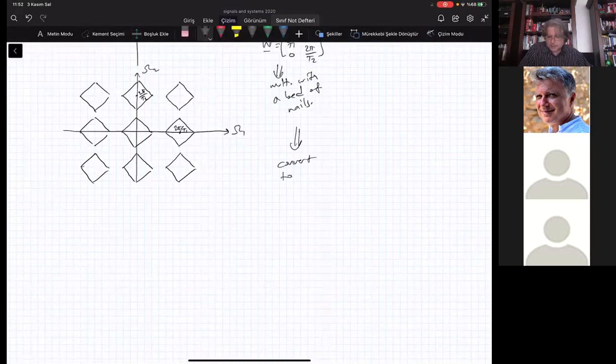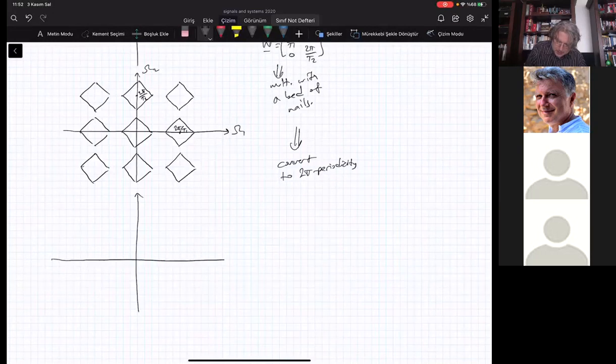to 2 pi periodicity. And then you will get a little bit distorted version of this black shape. Maybe I should draw it with blue. If you convert this one to omega 1 and this one to omega 2, so I'm drawing X of e to the j omega. Now, this last thing that I will draw, the blue shape, it will look like the black shape above it,